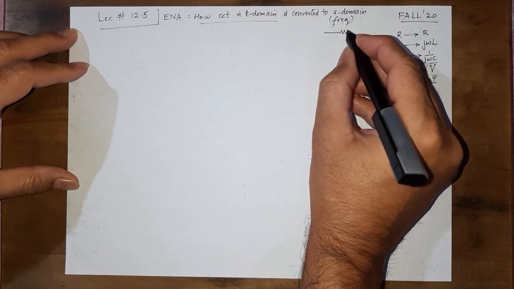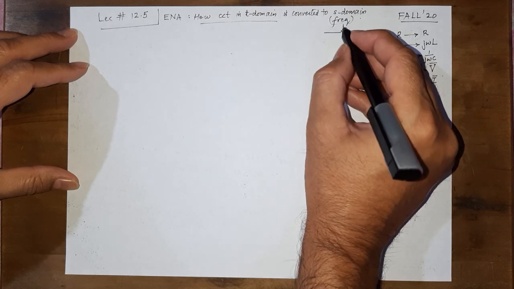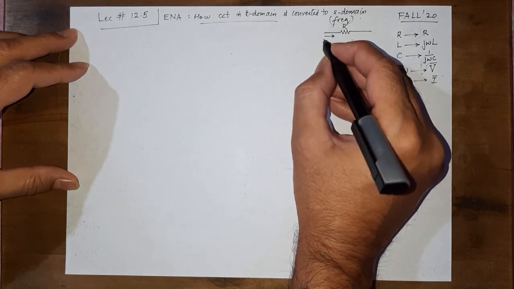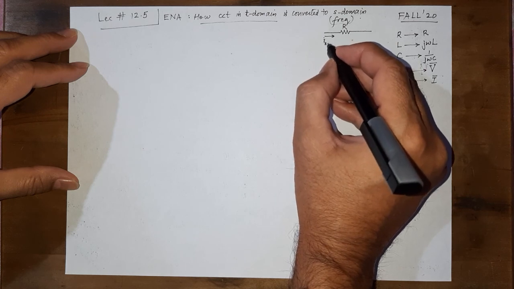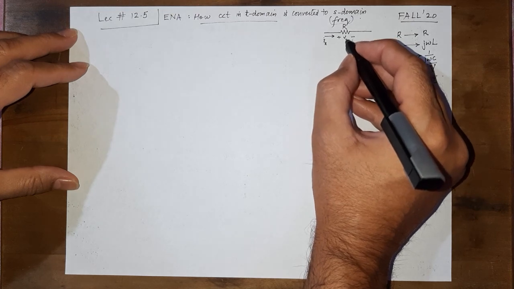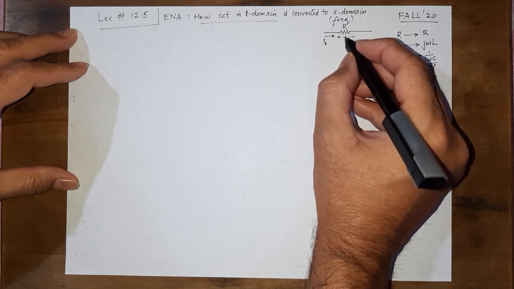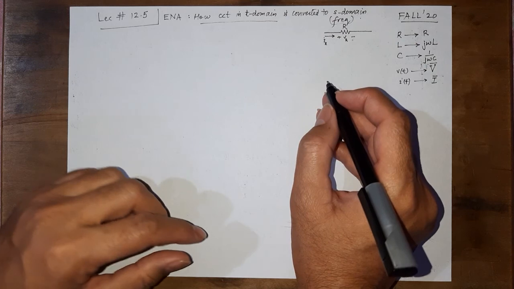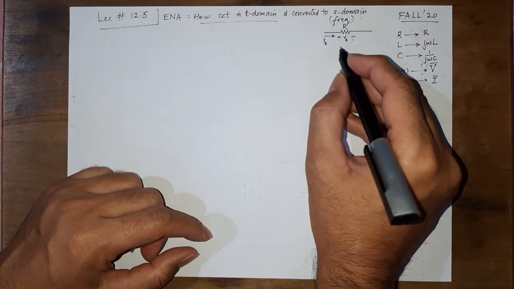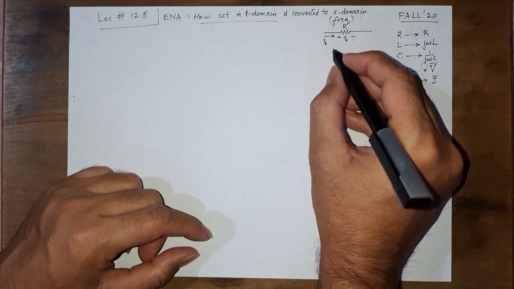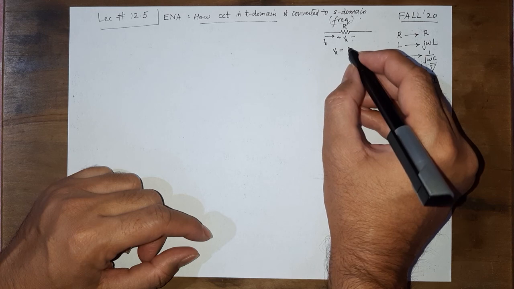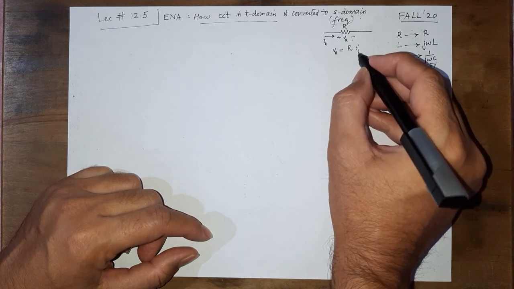So if we have a resistor in time domain, its value is R, and we have a current I R flowing through it, and according to passive sign convention, the voltage across it is VR. This VR is small, IR is small, because they can be functions of time, changing currents or voltage. So in time domain, we can write VR is equal to R into IR.